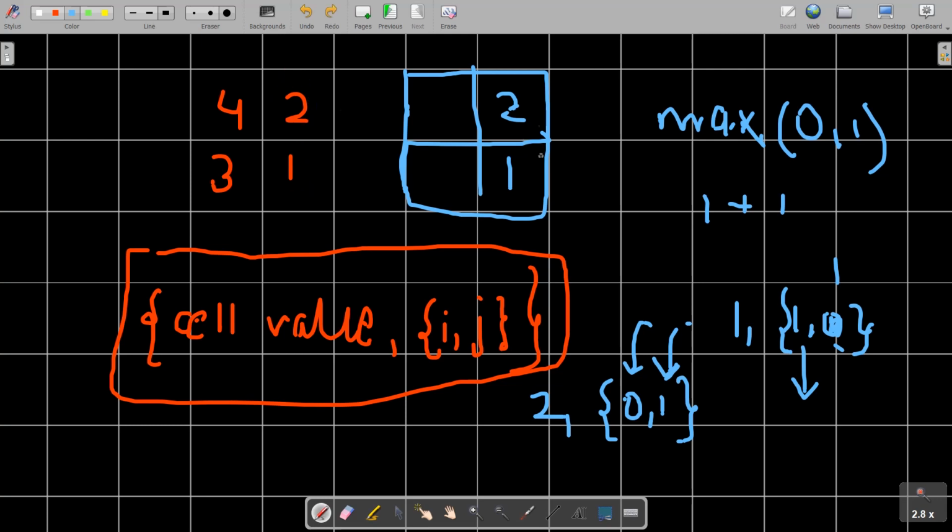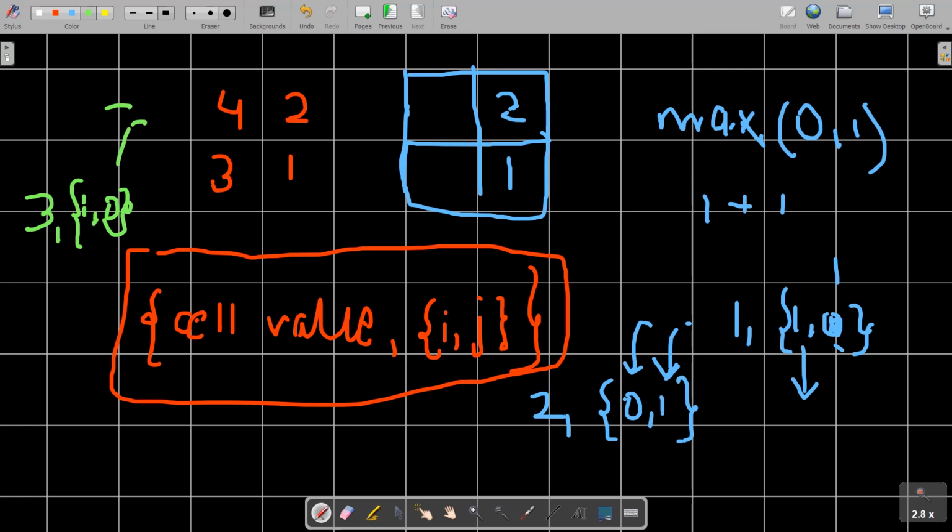Now the next thing is to process the cell 3, with coordinate 1 comma 0. It is obvious that all the cells behind this one already hold values strictly less than it. Now we find the current rank going on for this row number and this column number.